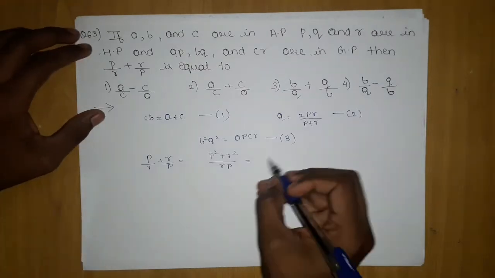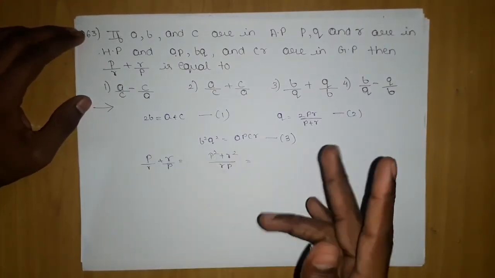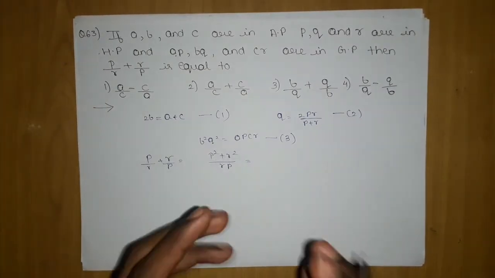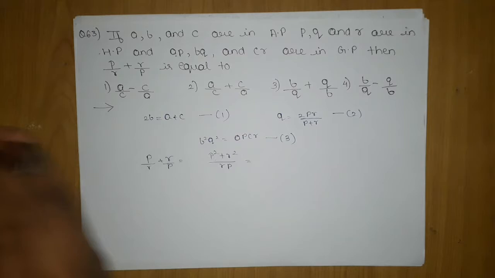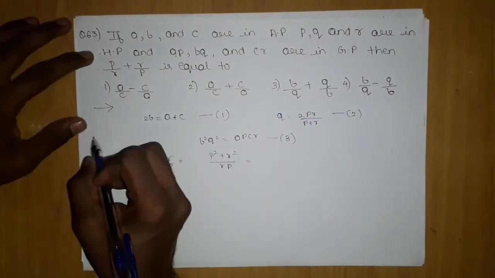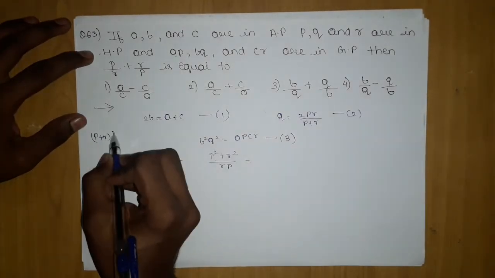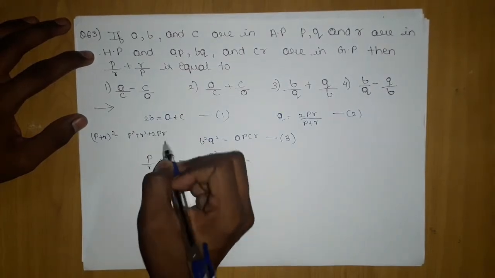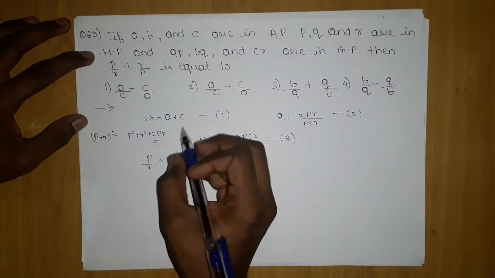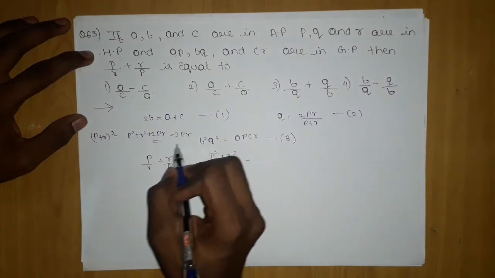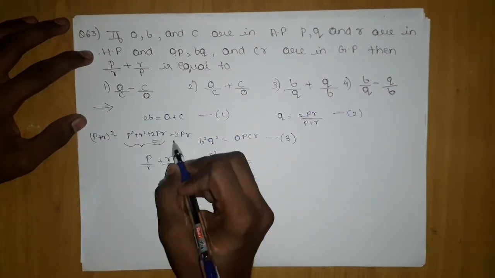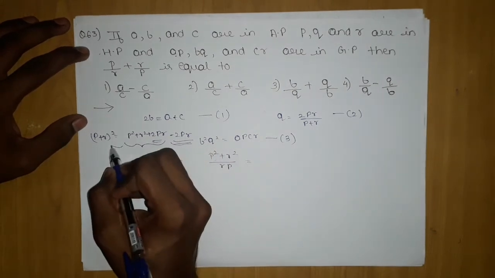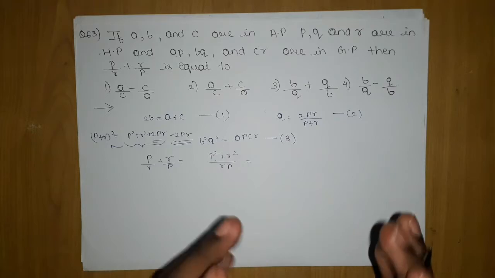So what I will do is add 2pr and subtract 2pr, so it becomes a perfect square. If you are weak in making perfect squares, assume it became a perfect square and write it this way: p plus r whole square, and if I open it, it is p square plus r square plus 2pr. This is my missing term, so I add it and subtract it. The left part will be this, and any child can do this.